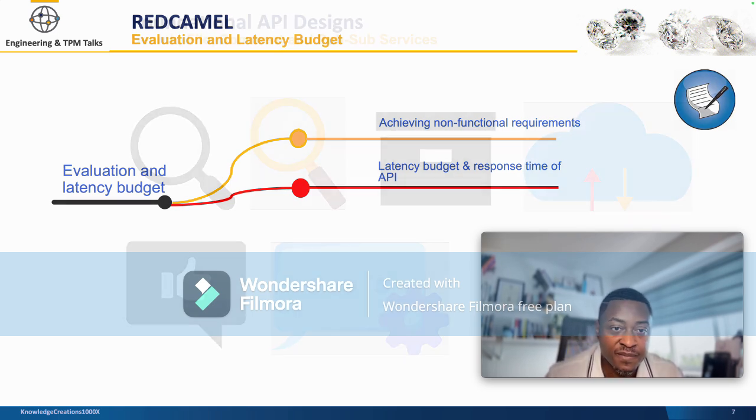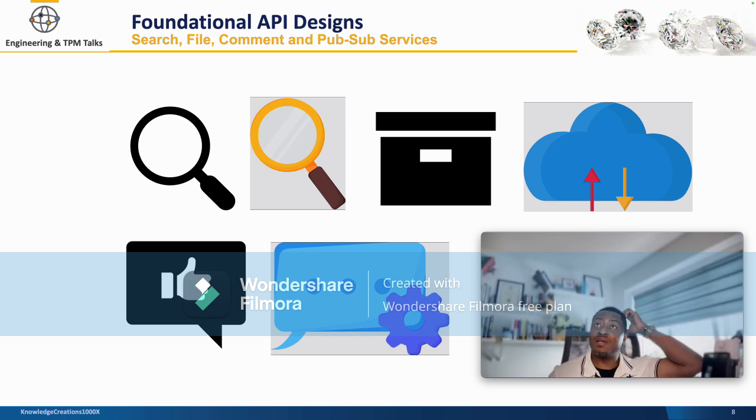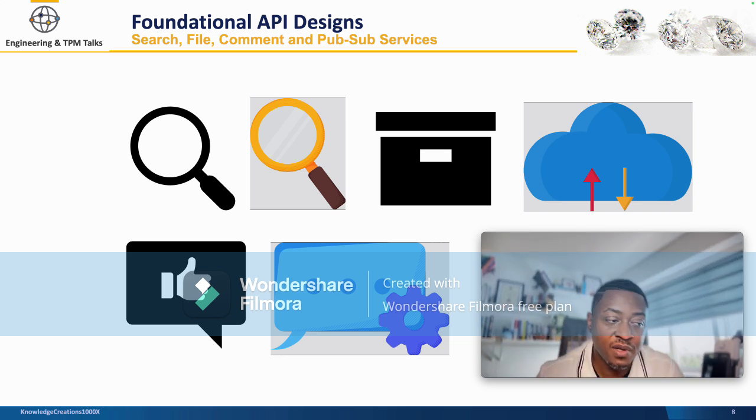So something else that I want to briefly talk on before I end this specific video is what I alluded to previously around foundational APIs, right? Different applications offer a specific set of services, right? So for example, both YouTube and TikTok will use the search functionality, right? It's not just Google that does search, they will both use the search functionality. So to design such a service, you need to include all the functionalities that are required for each service, right?